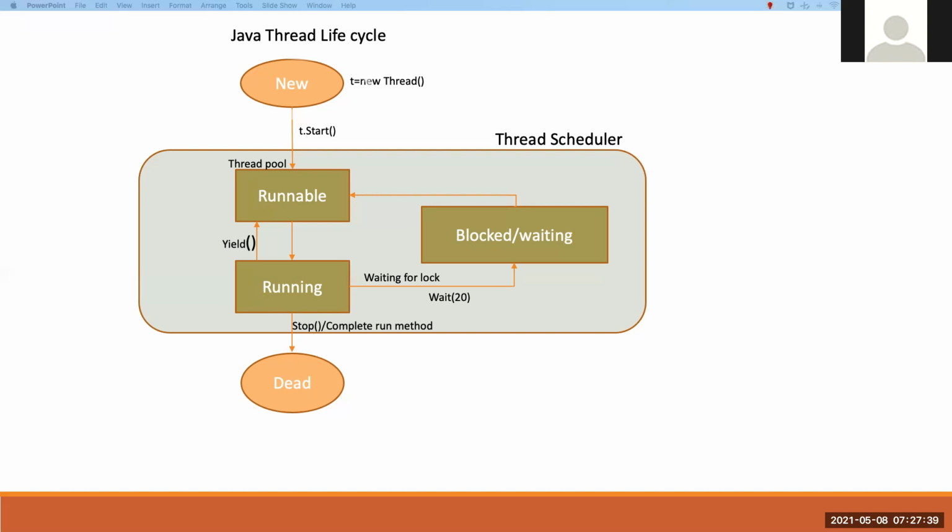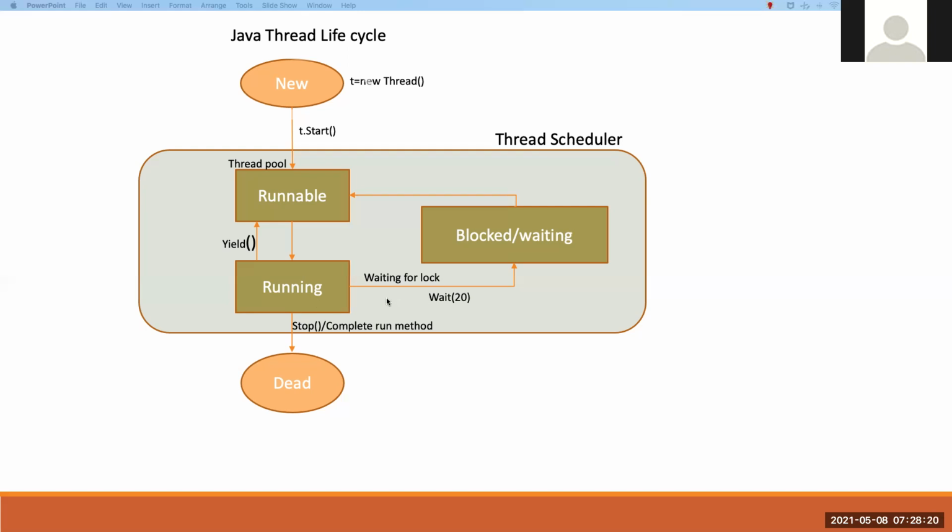A thread will move from the running state to the waiting state by calling the wait method or the sleep method. If we invoke the wait method, the thread moves to the waiting state for some reason, depending on user requirements. Or we can invoke the sleep method to put the current running thread into the waiting state.